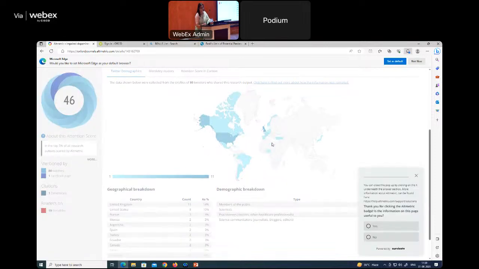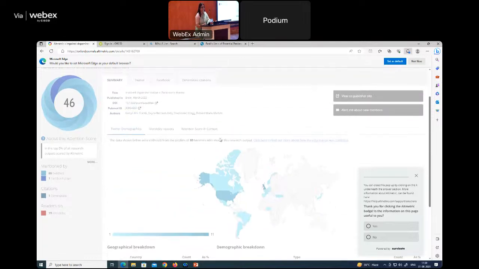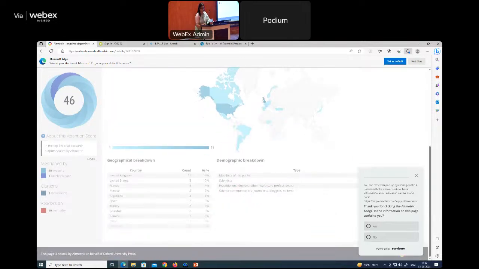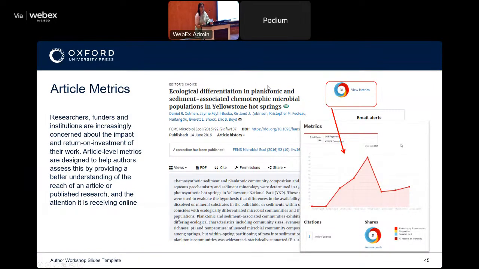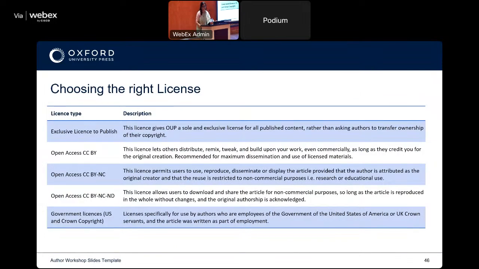So if your research is centered around something that is a case in India, or you're looking at human resource behavior in India, and if the article is read here and there's no readership here, you might not want to consider this journal, because most articles will tell you where the readership is. It'll give you an idea. So this is something that you might want to take a look at. And you can, of course, also follow the altmetrics of your article which has been published. You will get to know how many people are reading it.